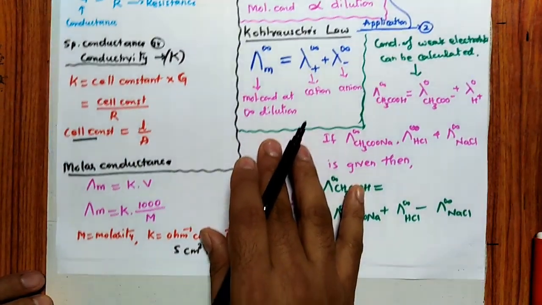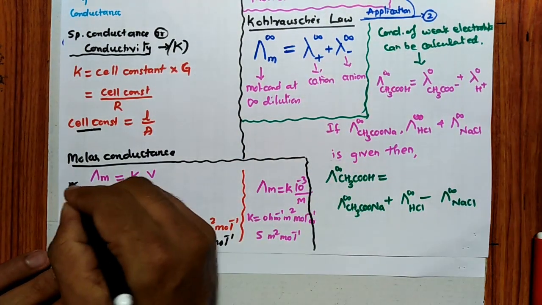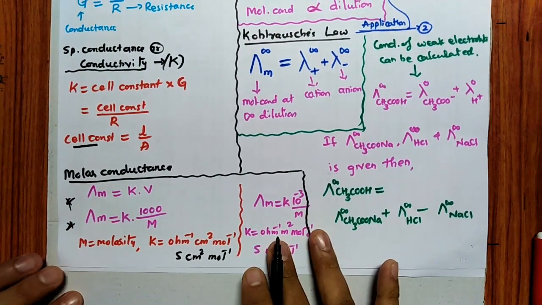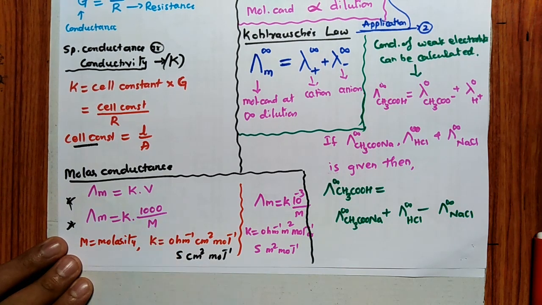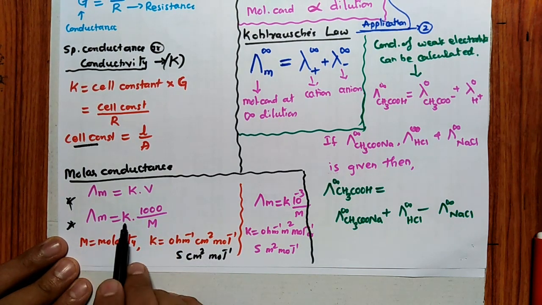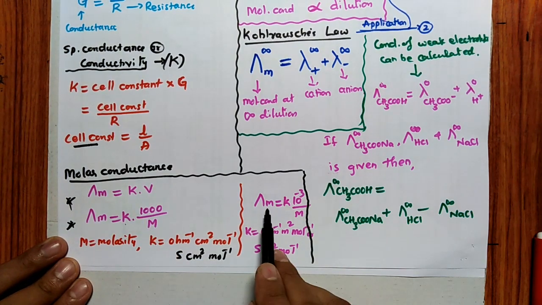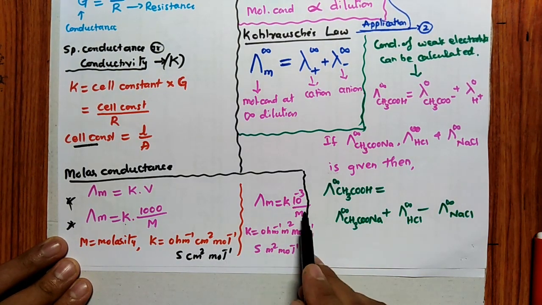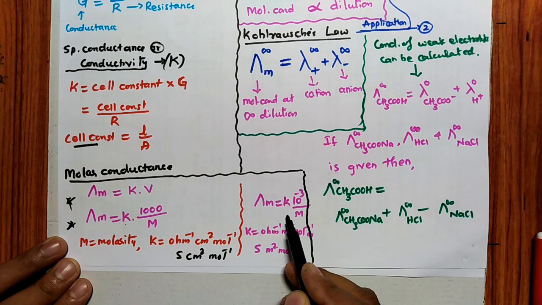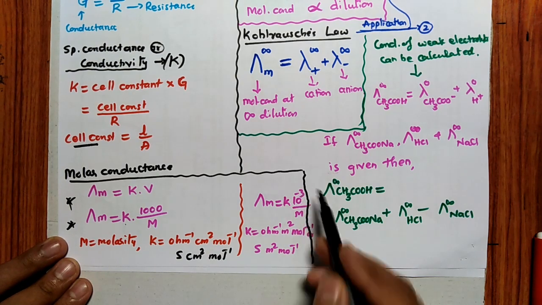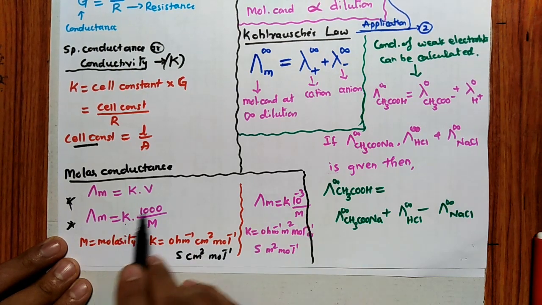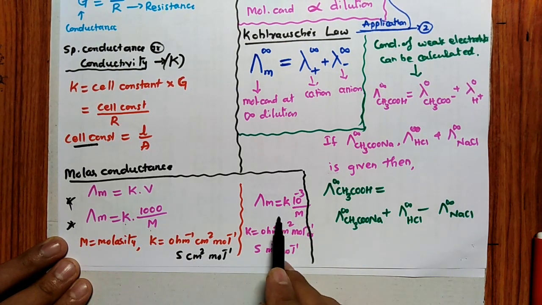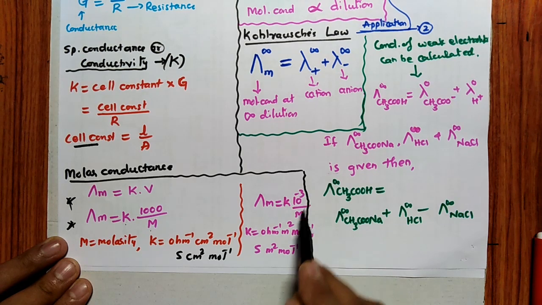Then molar conductance can be given as, very important this one, remember, people get confused on this part. Molar conductance can be given as specific conductance into volume. That can be given as K into 1000 by M. So lambda M, that is molar conductance, is equal to K into 1000 divided by M. The 1000 in the denominator I have written as 10 to the power minus 3. That is all, this is 10 to the power 3. So what to remember? K into 1000 by M, or K divided by 1000 into M, which is nothing but K into 10 to the power minus 3 divided by M.